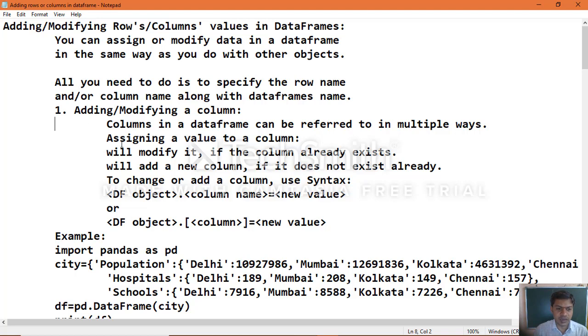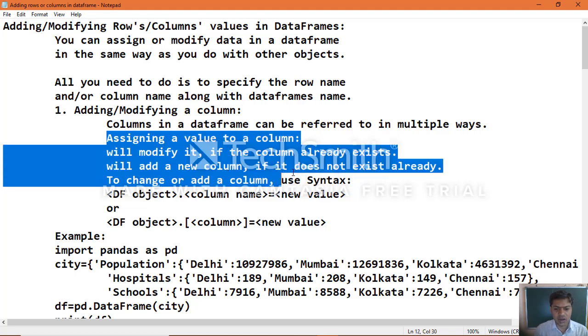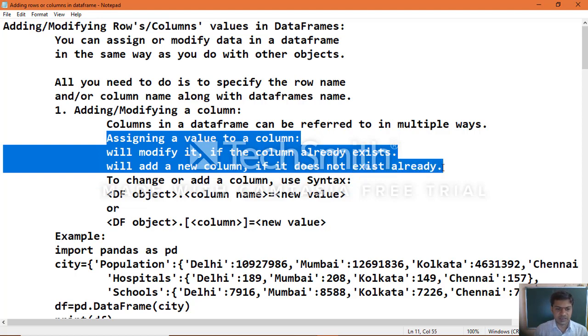These are the things which will happen the moment you think of adding or modifying a column.